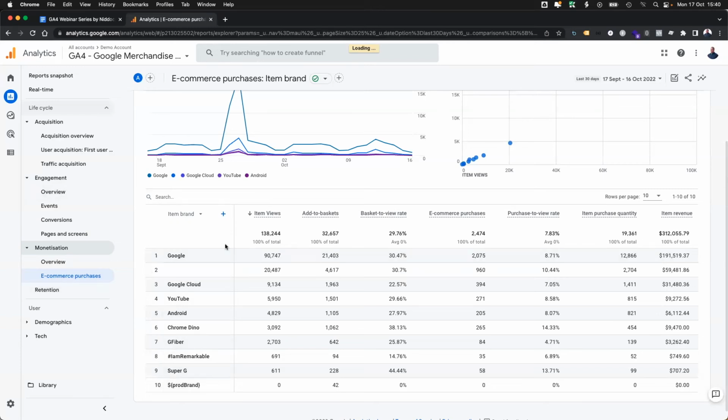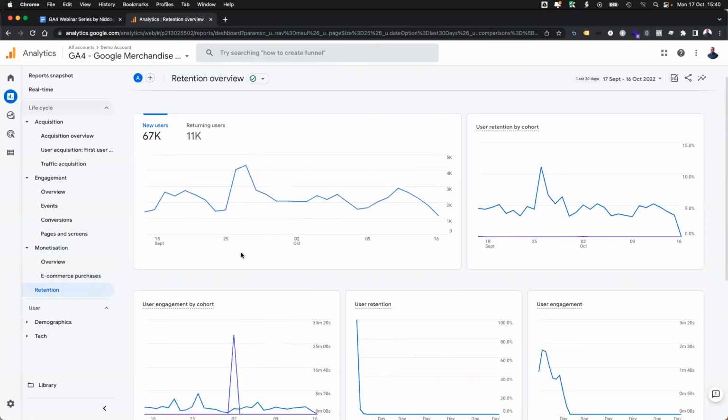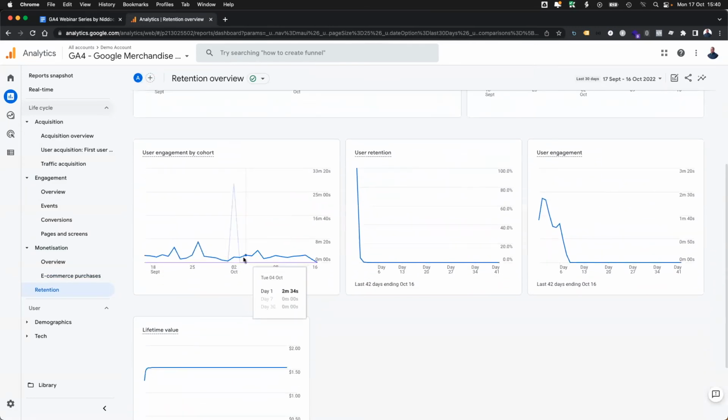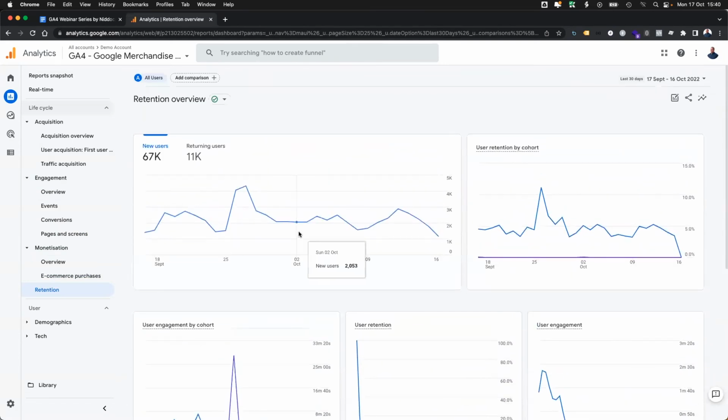What used to be called the new versus returning users report is now called the retention overview, and this gives us a breakdown of the new versus returning users. Again, this data is a bit more accurate than universal analytics. These reports really don't do it justice, but all of this data is available for when you start building your own